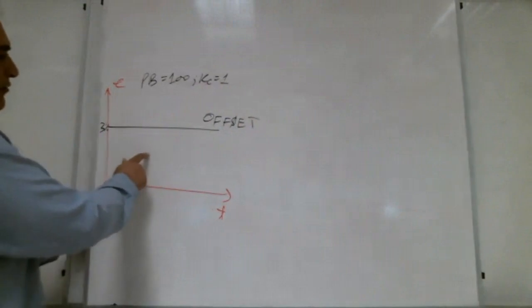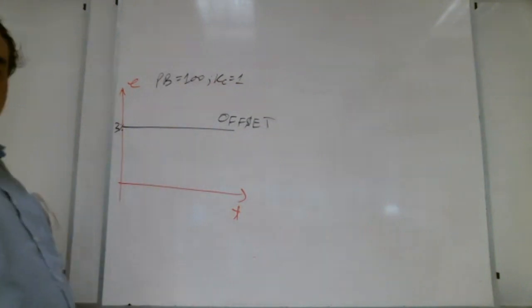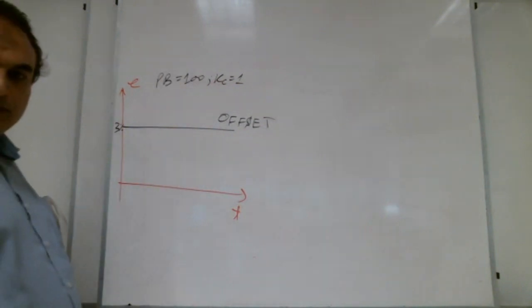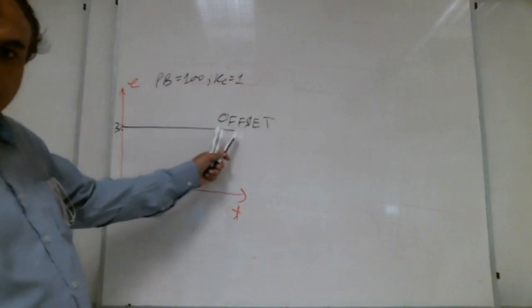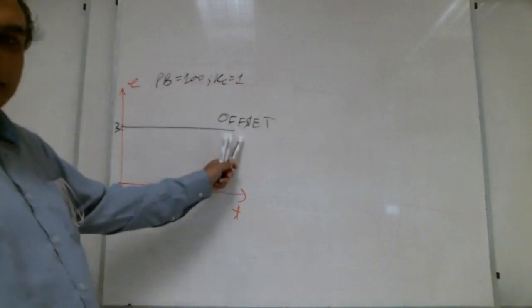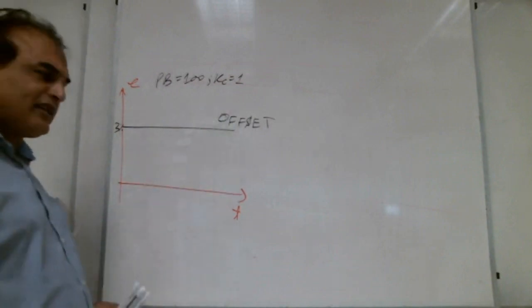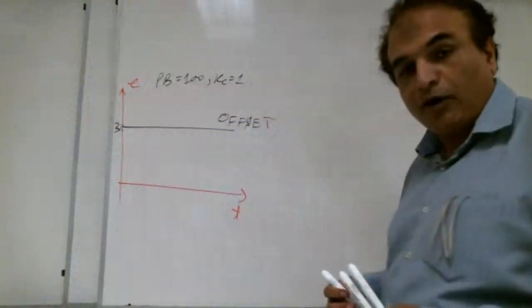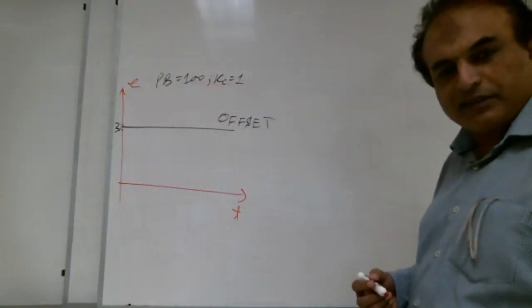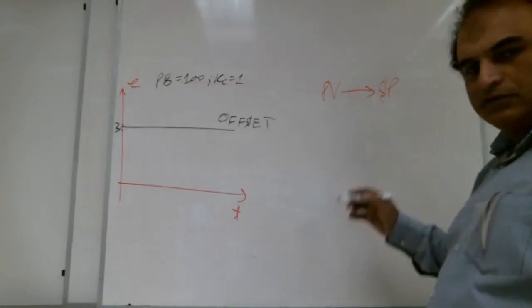So, what is the name of this error? Stable. Constant. Constant error is not the name. The name is offset error. Very good. It is constant, no doubt, but the constant error, what we say is offset error. Okay. What does it mean? What is our basic motto, our objective of the control system? We wanna bring PV as near as possible to set point.